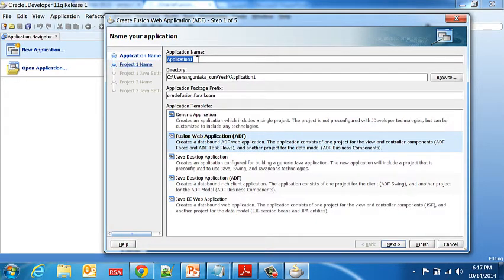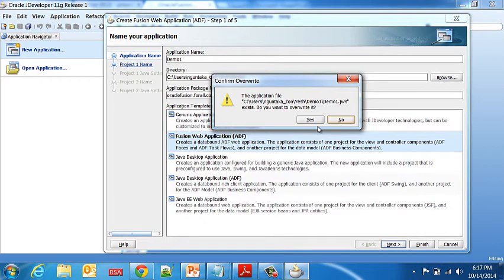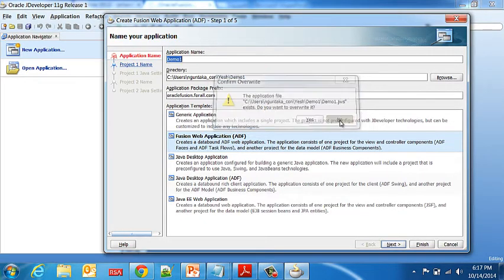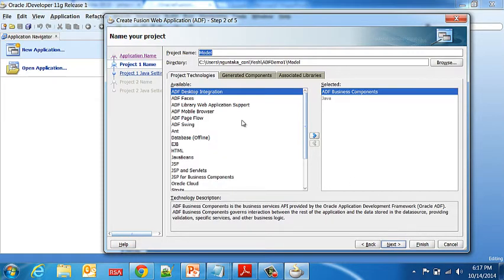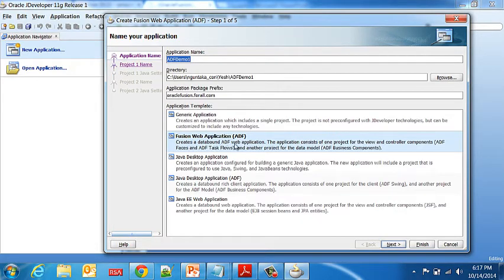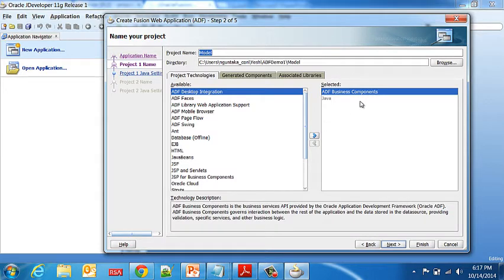So we're going to choose this one, and you have to name your application name as demo 1. So I will leave the package as default, Oracle Fusion for all.com, and then click on next. We do have this, so let's name it as a different, ADF demo, click on next. So what it does, it will select for you what are the technologies required, because we have selected the application as a Fusion Web Application ADF, so it knows already what is required. So it selected already the ADF business components, and you might need Java, so it is selected already. So go to next,